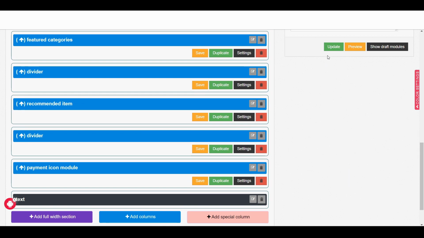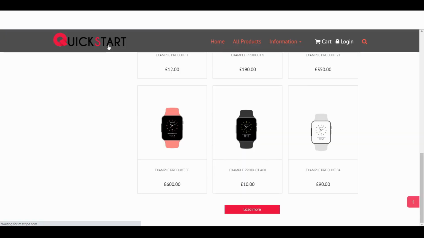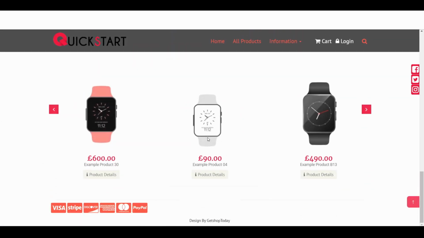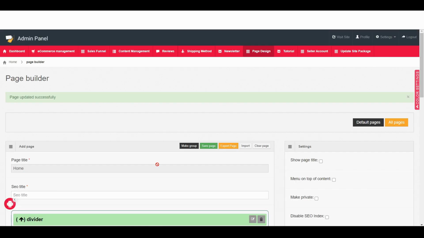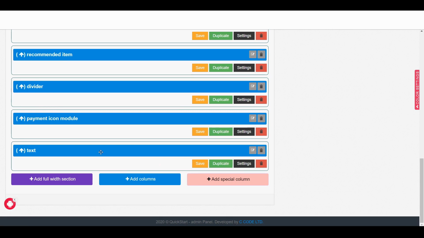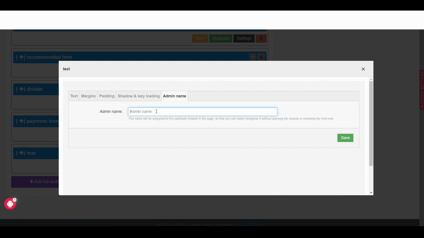Now if I update, then go to the front end and go to the home page and scroll down, then you can see here the text appears: Designed by Getshop Today. If you want to set a color underneath this text, you can do that as well. So now let's go back to the admin area and go to the footer, and here it says text module. We should actually rename it first. Admin name, we say footer,